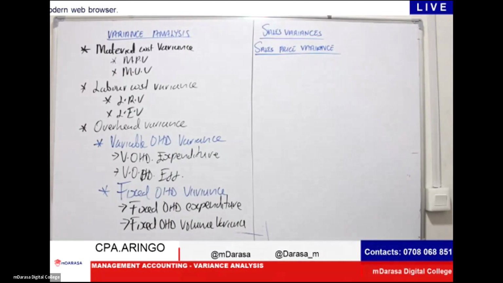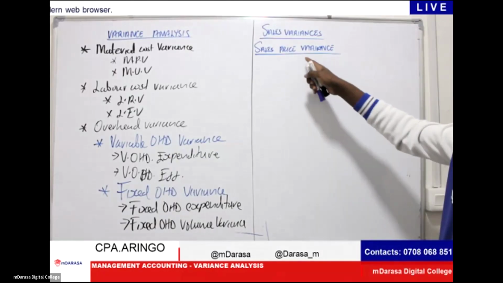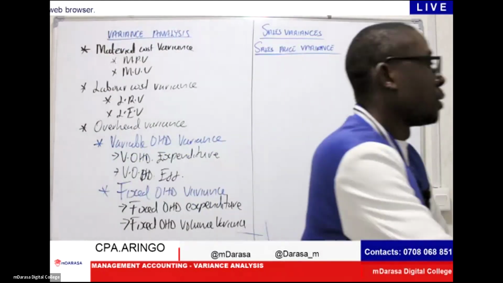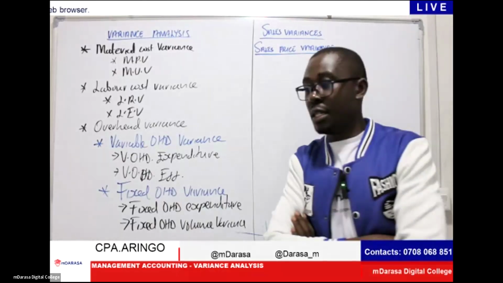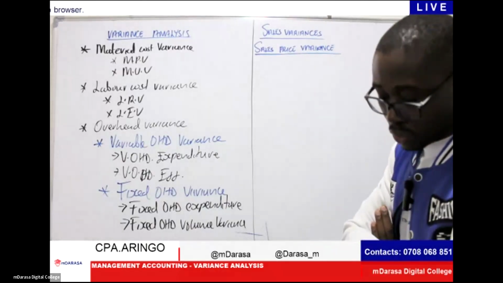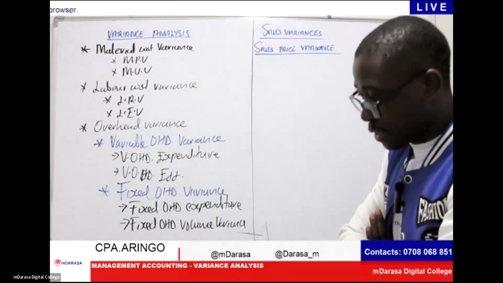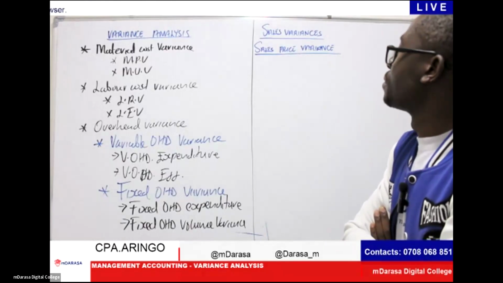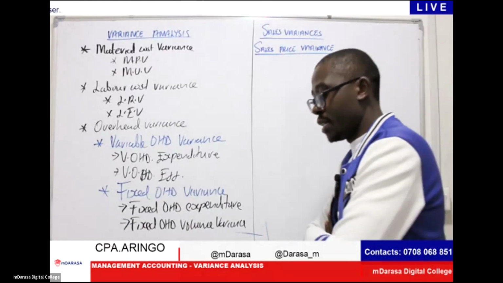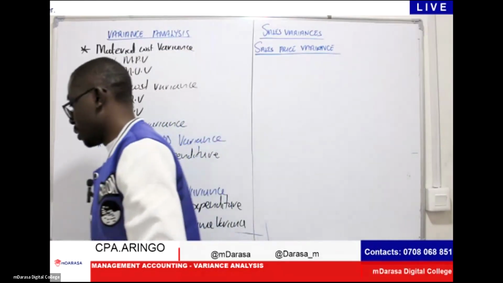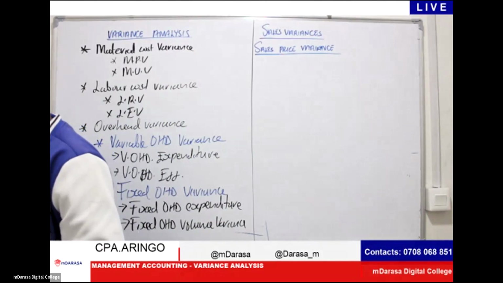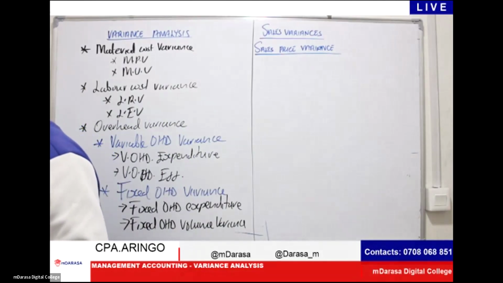This is the difference between the budgeted selling price per unit and the actual selling price per unit